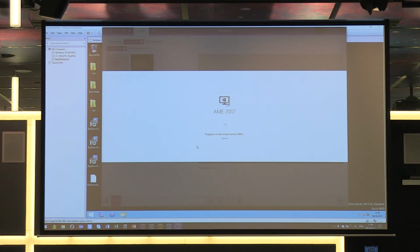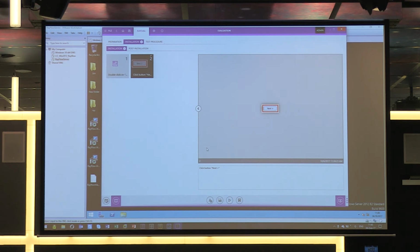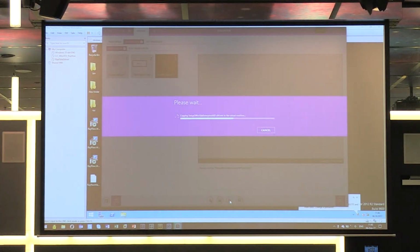From now on, I'm in a special mode where all my actions will be executed not locally, but in that virtual machine. So all the prerequisites, all the dependencies, I don't have to care about if they are in the virtual environment. And if I press the play button, which is now there, then, whereas previously the setup started on my host, now it will copy the Setup Office Stop Enterprise to my virtual environment and run it